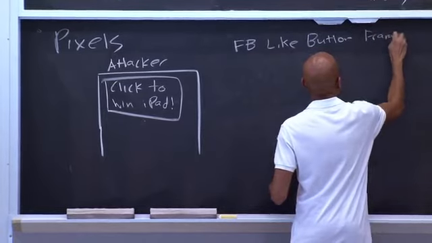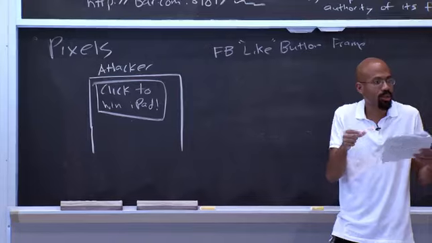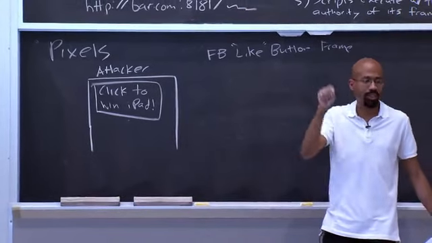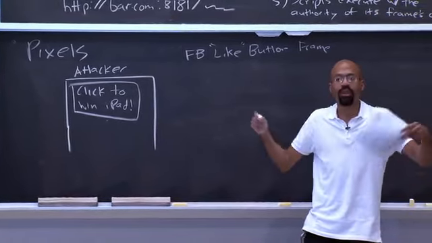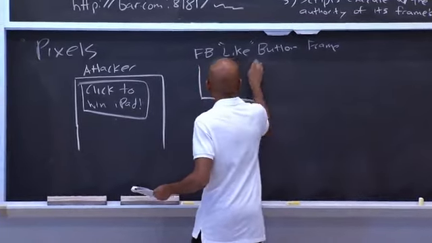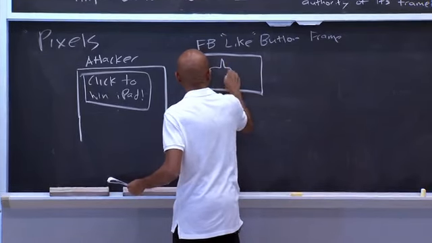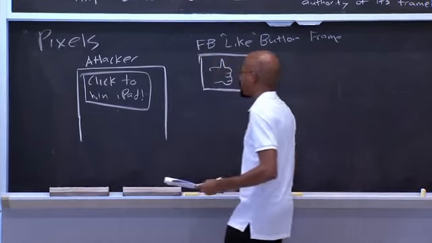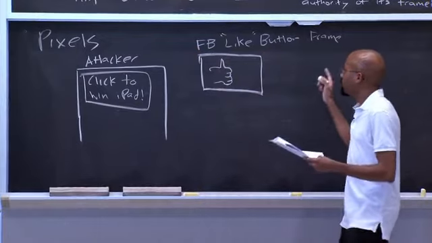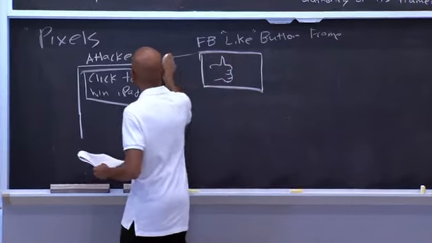Right? So Facebook allows you to put this little piece of Facebook code on your page. If the user clicks like, it'll go on Facebook and say, hey, the user's liked this particular page. So we've got this child frame over here. Anyway, so you've got this like thing over here. Now what the attacker can do is actually